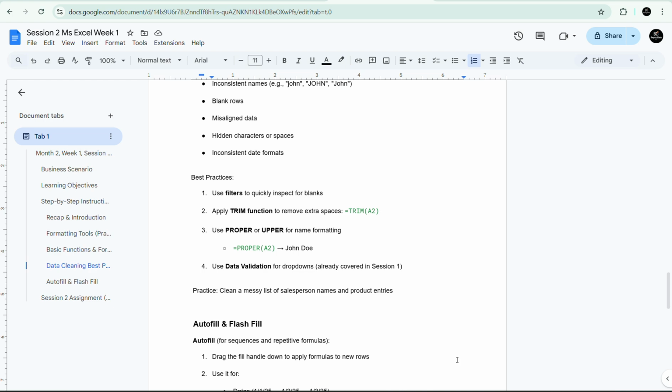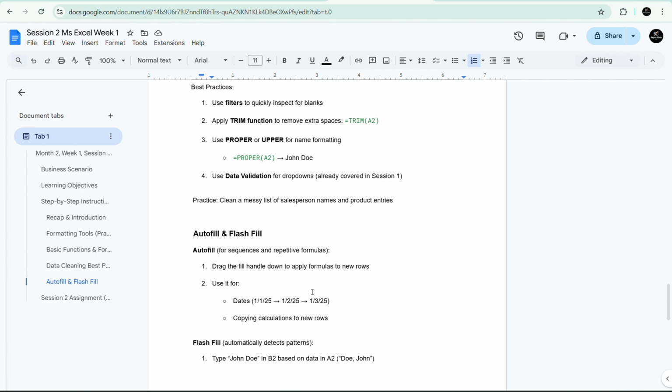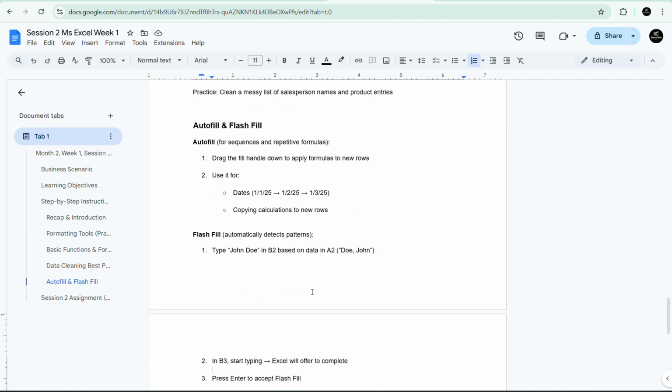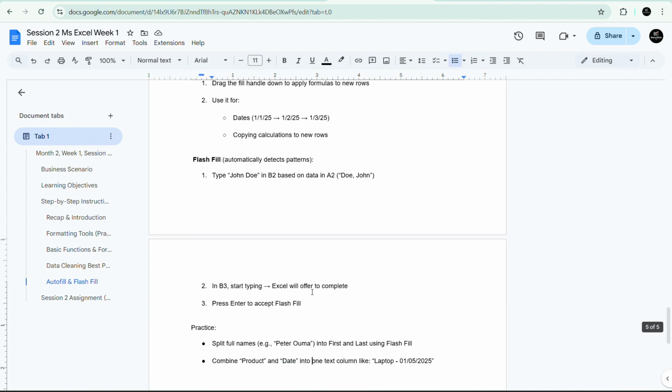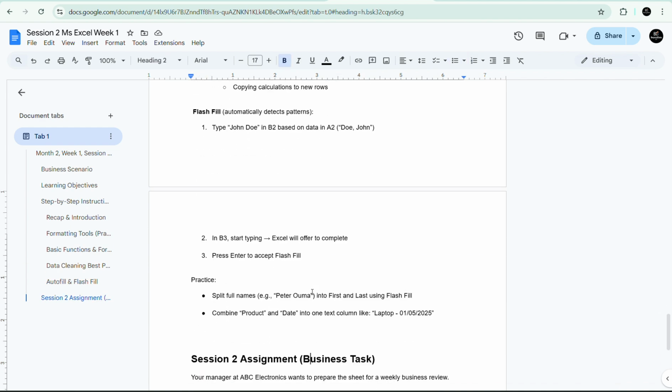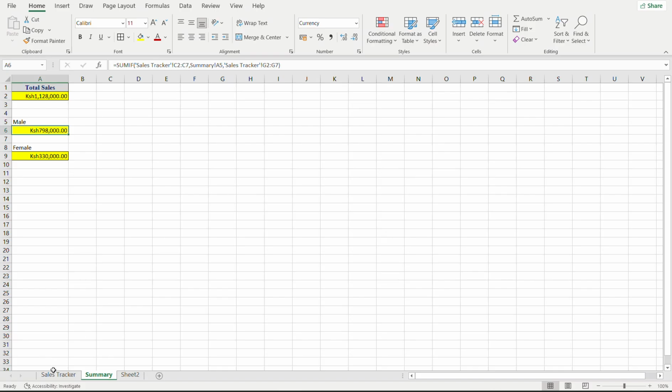Some of these things are straightforward. We have covered autofill for sequence, we saw that in the previous session. Autofill we have also seen on the dragging. Maybe flash fill is the one we have not worked on. So flash fill,